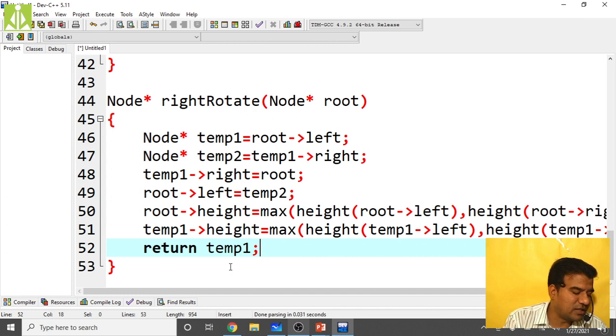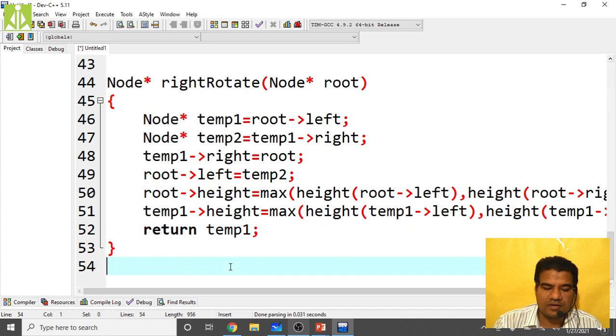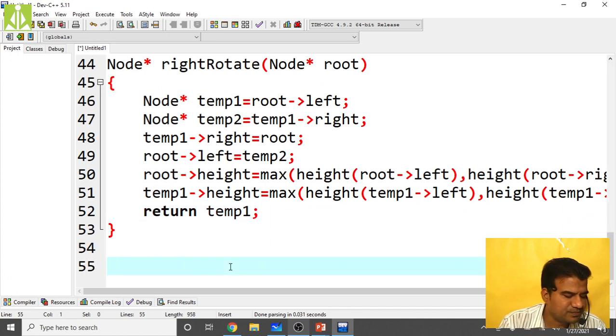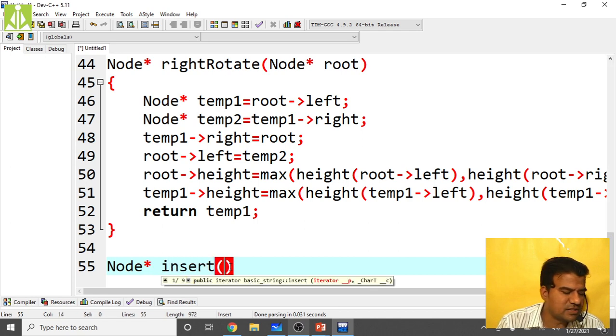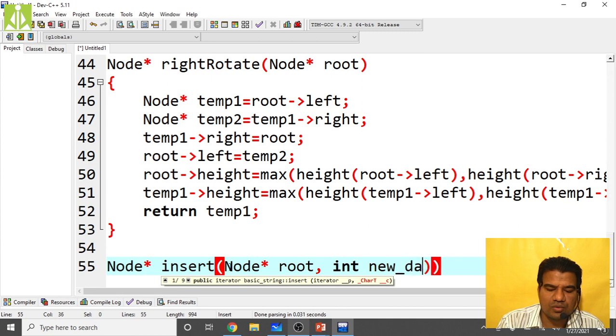So now we write the actual code to perform the insert operation. Okay, first we perform insert operation. Node star insert of, we will receive the root node, node star root and the key to be inserted, I mean the new node to be inserted, so new data.